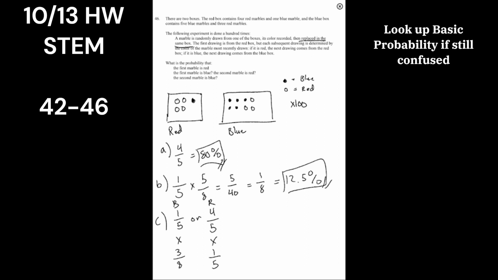So we sum these up because there are two possible probabilities that we add up. 1/5 times 3/8 is 3 over 40. 4/5 times 1/5 is 4 over 25. And I'm just going to plug this into a calculator real quick. 23.5